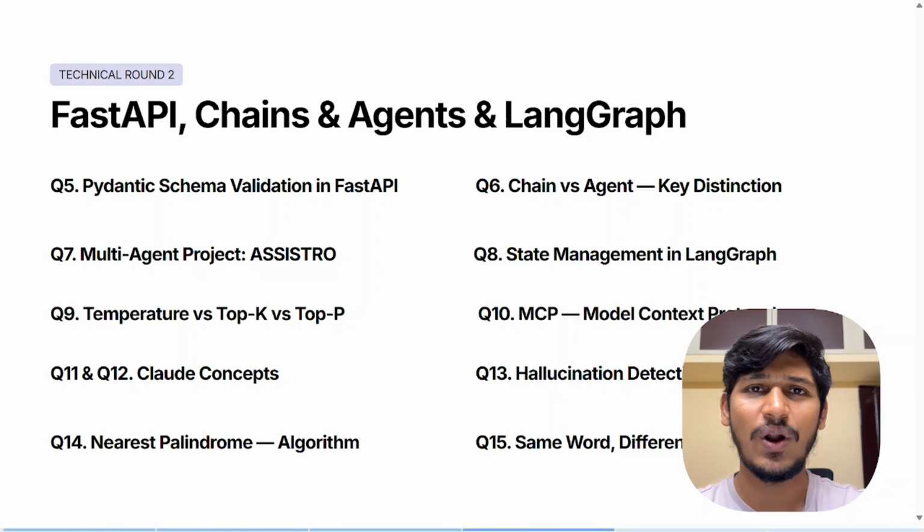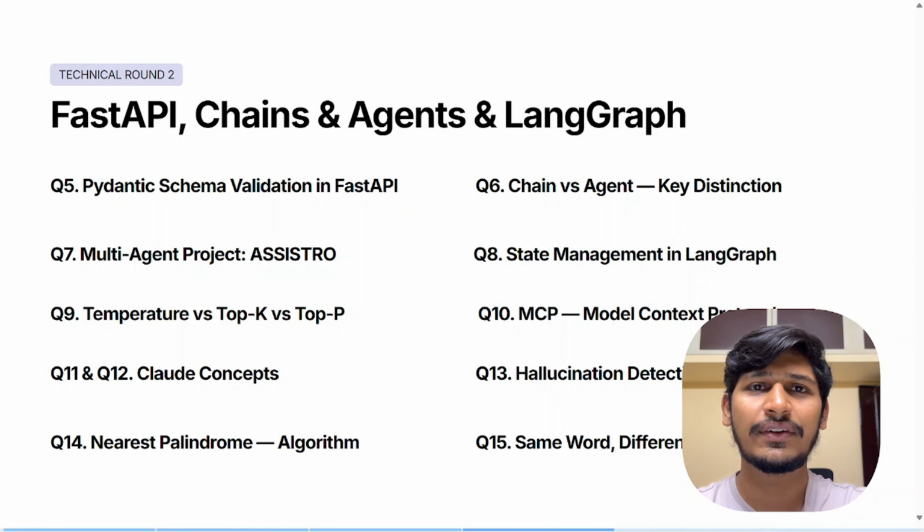And the next question is, what is MCP and how does the integration work? It provides the tool access protocol to the agent. What is the difference between skills and plugins in Claude? Skills define the behavior and plugins give the external access. And they also covered Claude Code versus Cowork. Claude Code is developer focused and Cowork targets broader productivity tasks.